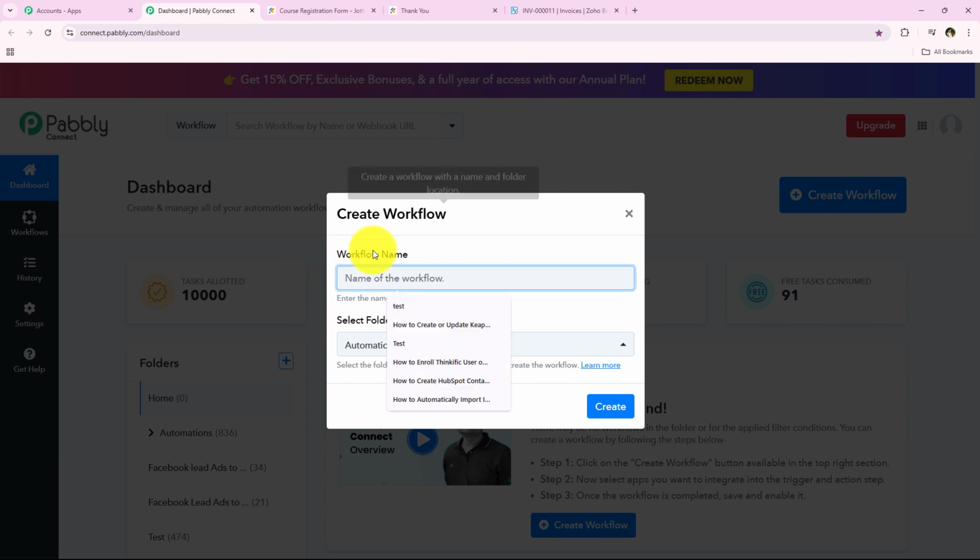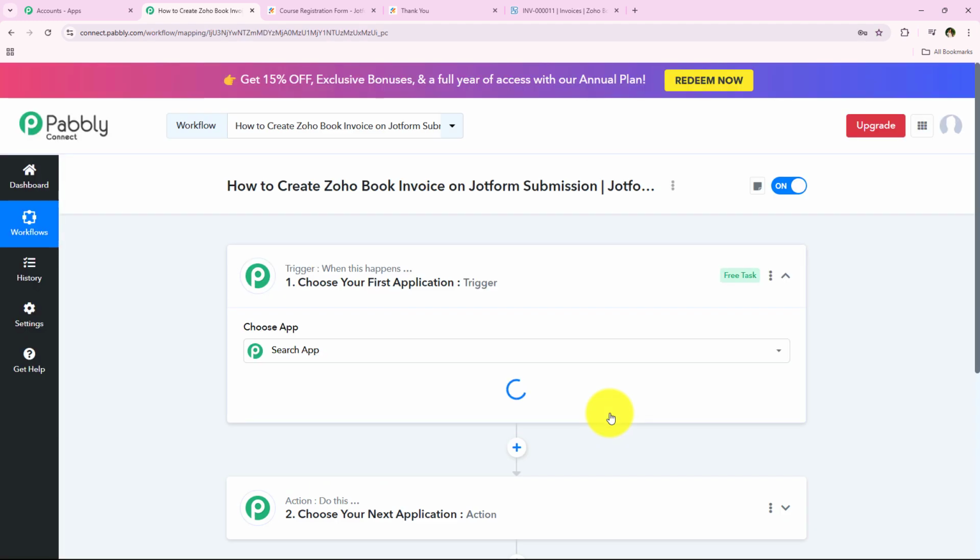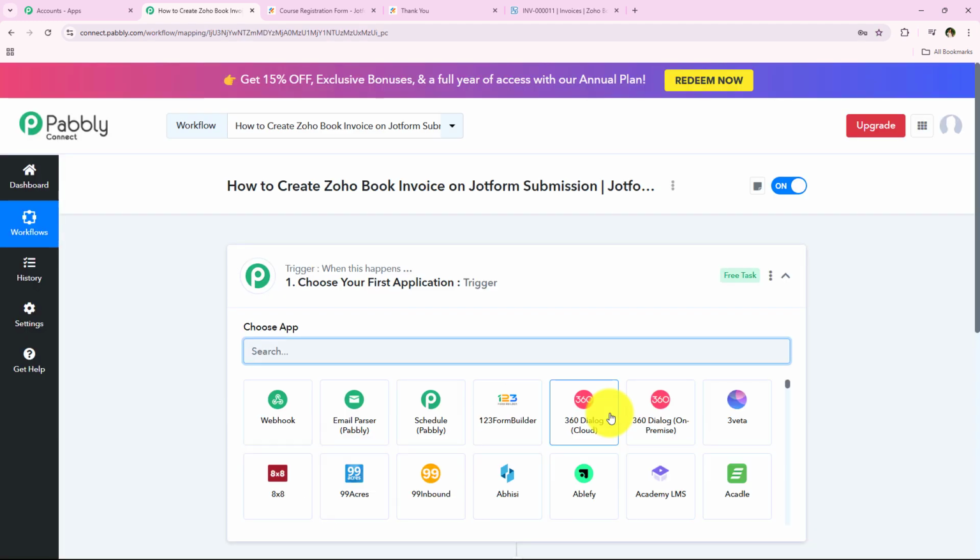And now it is asking me for the workflow name. So I want the workflow name to be how to create Zoho Books invoice on Jotform submission. Jotform to Zoho Books, and then we are going to click on create. And as soon as we click on create, it is opening the most important window for automation, which